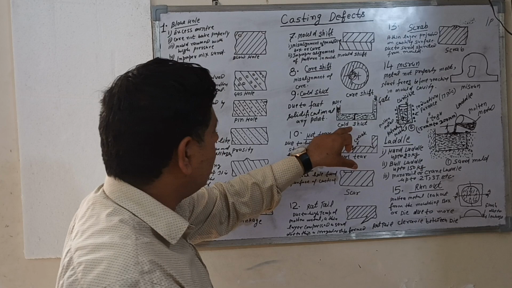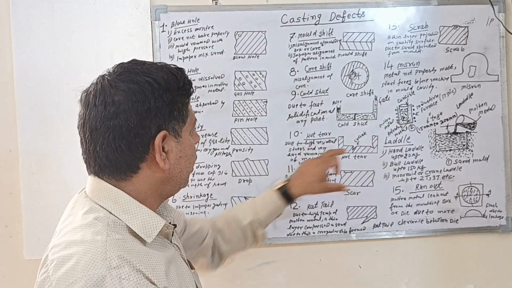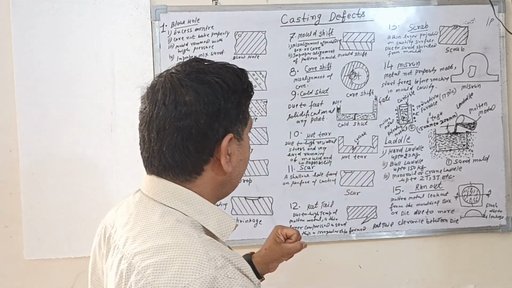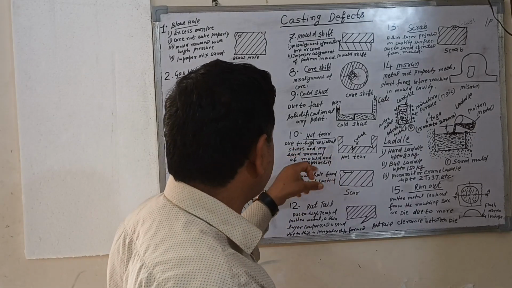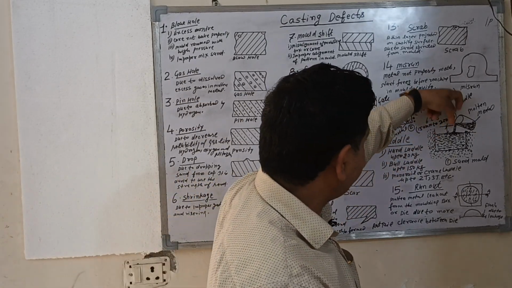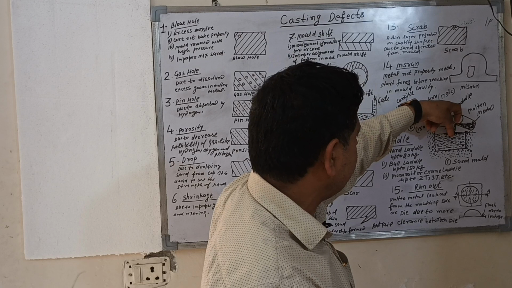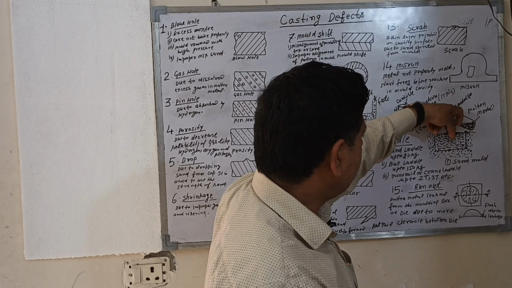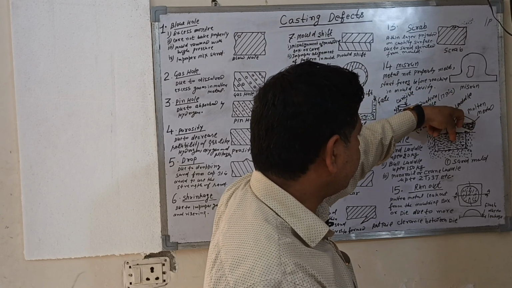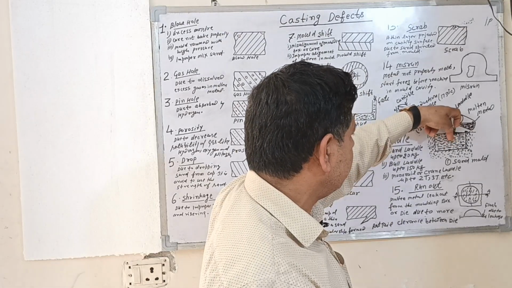This defect is called the cold shut. Number 10 is hot tearing. Hot tearing is due to the high radial stresses. When the force is applied here, when the pressure is increased, the height is increased due to the high pressure. So some stresses are developed in this cavity